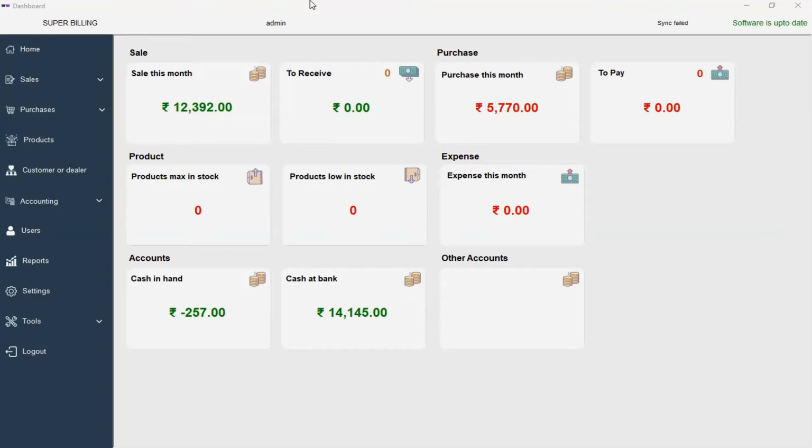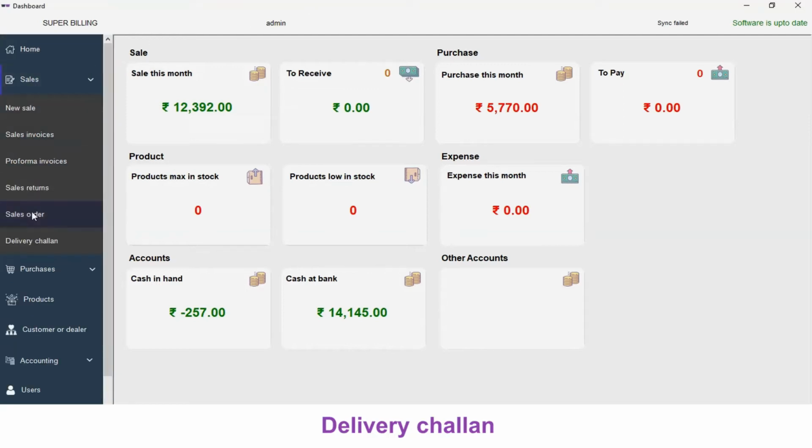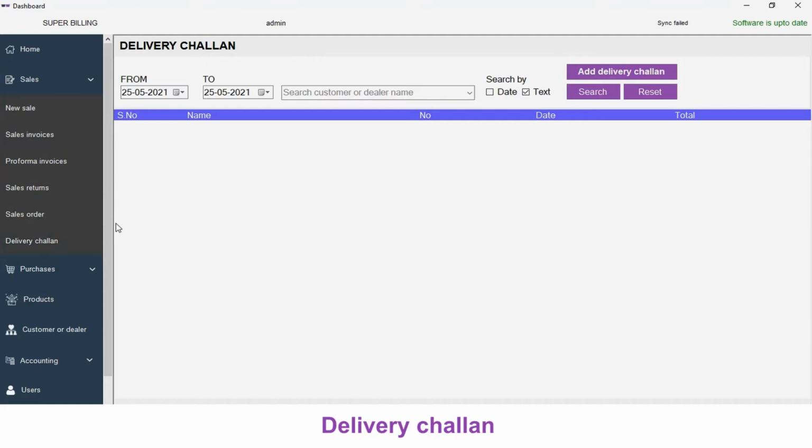In this video, we are going to see how to create a delivery challan. To create a delivery challan, on the left menu, click on Sales and click on Delivery Challan. A delivery challan screen will be displayed. Here on the right side, click on Add Delivery Challan